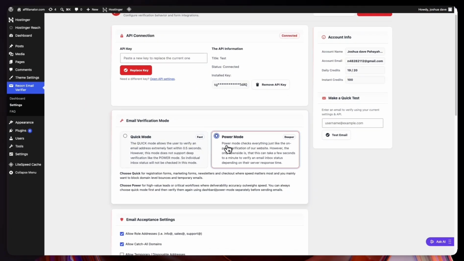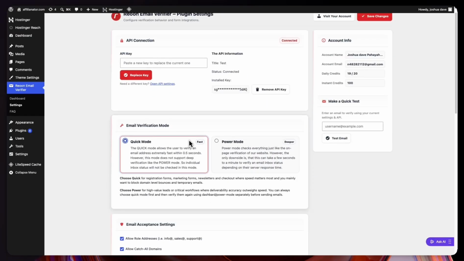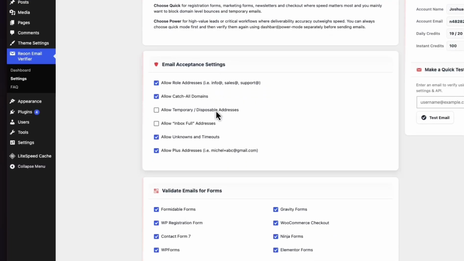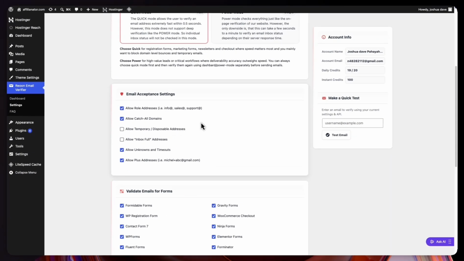For example, you can accept only safe emails, or you can include other categories depending on what you need. We need to change this carefully because this controls which email results will be allowed through your forms. One thing you'll notice is that the plugin also supports different WordPress forms. It can work with many common contact form plugins, so you can choose which form you want to connect with